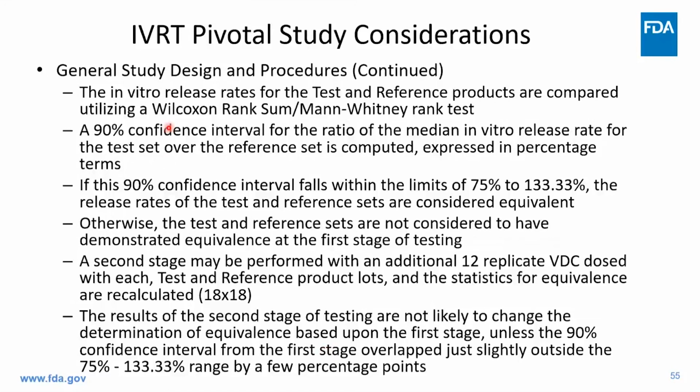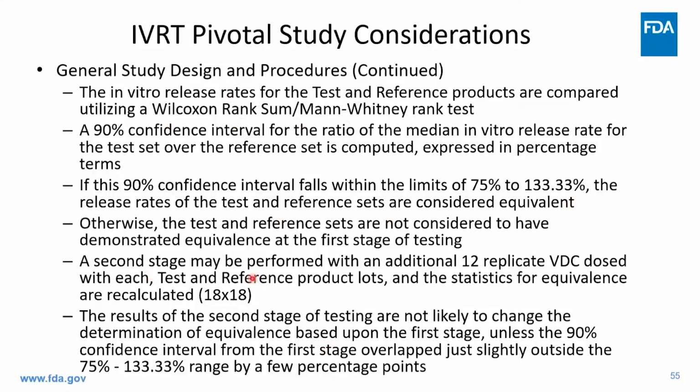The in vitro release rates for the test and reference products are going to be compared using a Wilcoxon rank sum Mann-Whitney rank test. This is all described in USP 1724. So I won't go into the detail too much, but I will say that if that first set of 6 cells by 6 cells of test and reference doesn't fall within the limits of 75 to 133, there is a